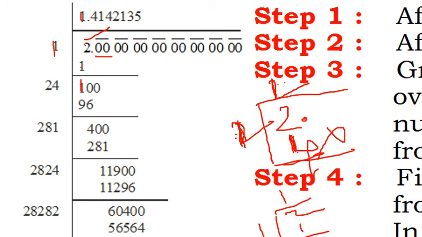After 2, on the right side, we have to keep such a number here and here, such that the product of that number and this number should be less than 100. If we keep 1 here, it will become 21. Here also 1 we have to keep.